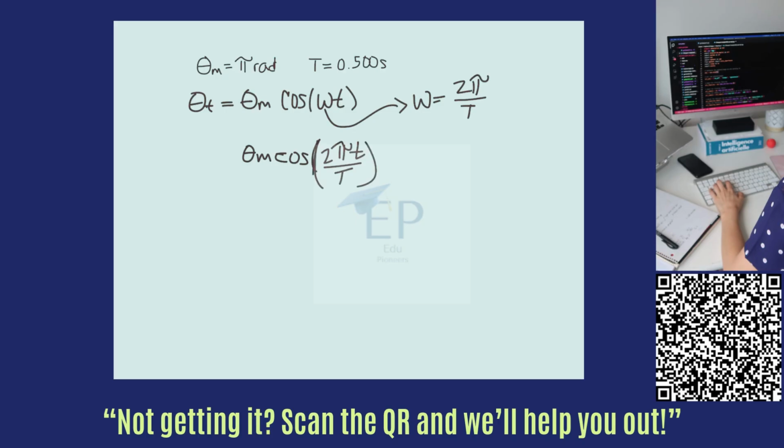Right, and we're trying to find our angular velocity, and so we can use the equation velocity equals negative 2 pi over T times our angular amplitude sine 2 pi t over T,